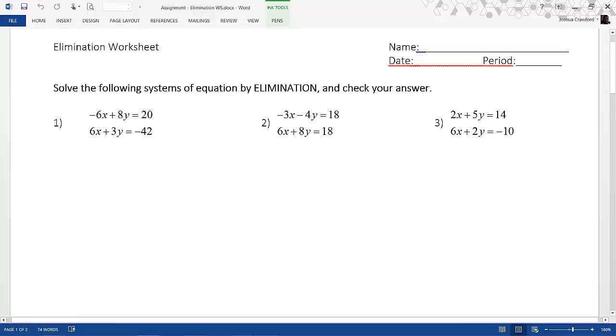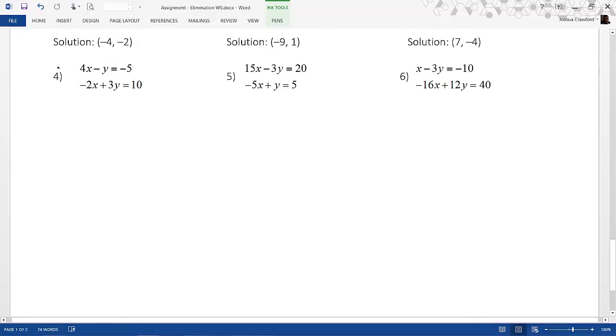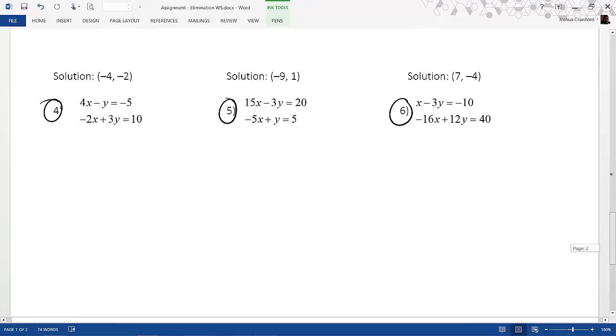Howdy, this video will cover the elimination worksheet. In class we did 1, 2, 3, and then the last 3, 4, 5, and 6 on the back side. Okay, so the first 3,